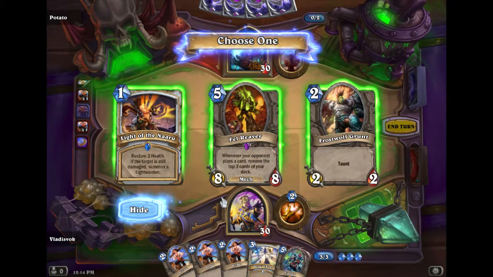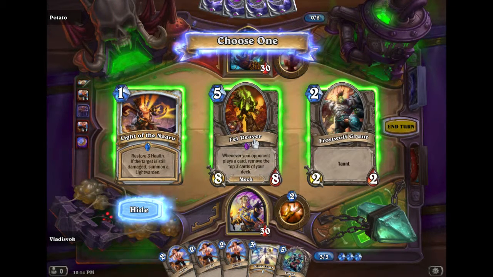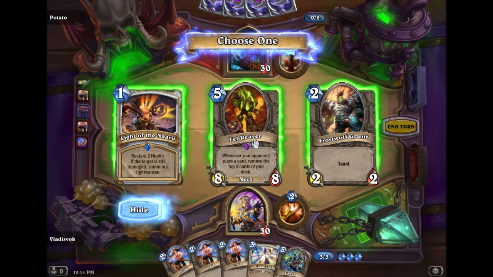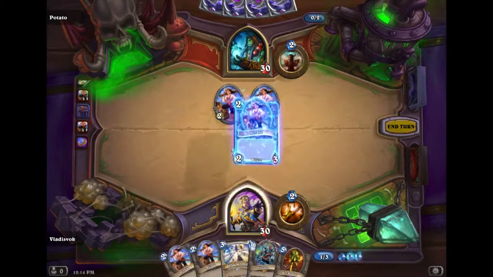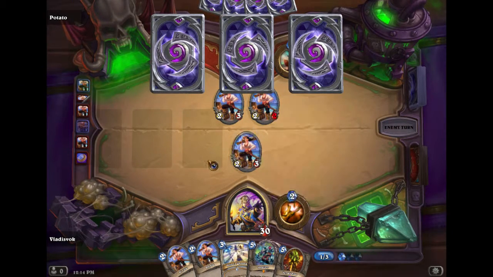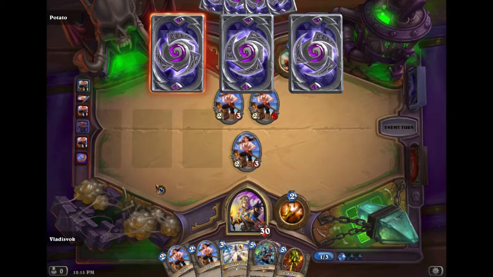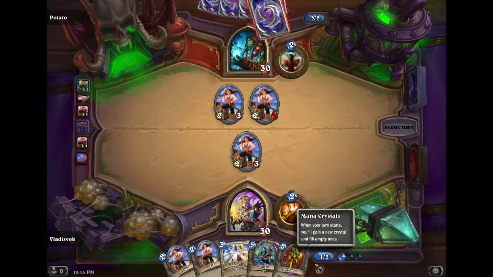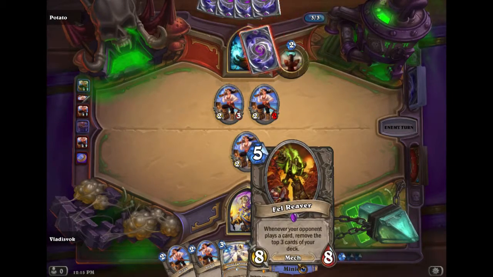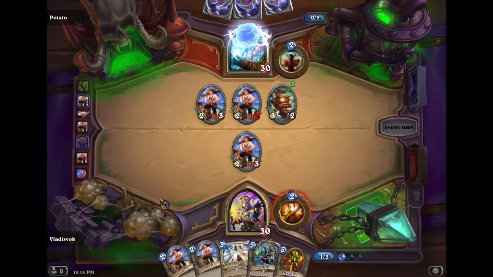Fel Reaver. Actually, Fel Reaver's probably pretty good in this mode, isn't it? Because I'm not going to be drawing from my deck, so... Yeah, let's have a Fel Reaver, and we'll throw out a Pirate. Now, he could throw both Pirates into it to kill it if he wants. See, because you're very unlikely to be drawing from your deck...